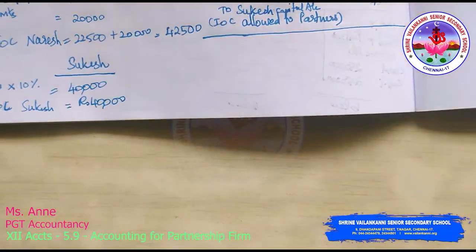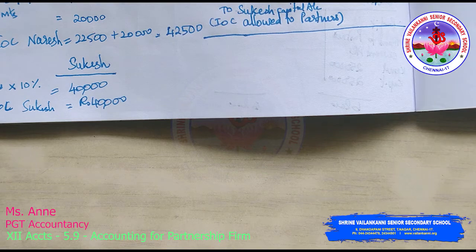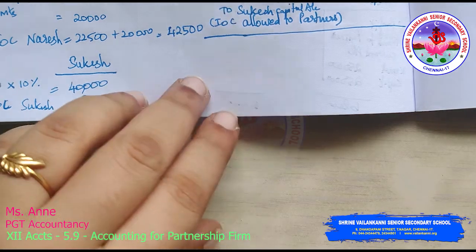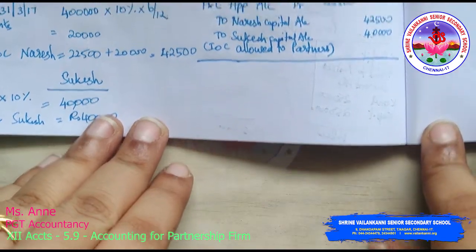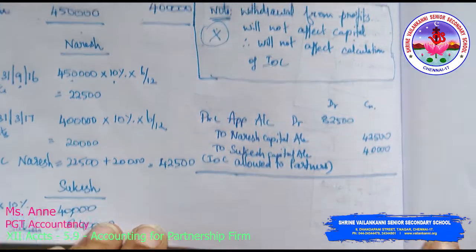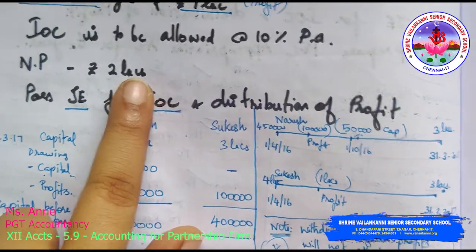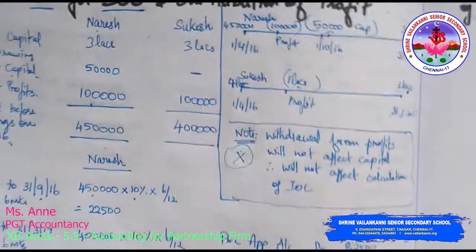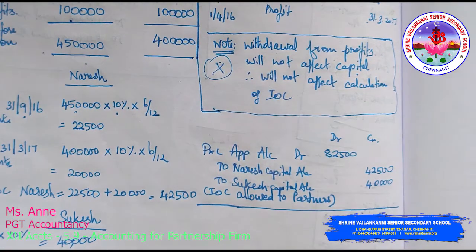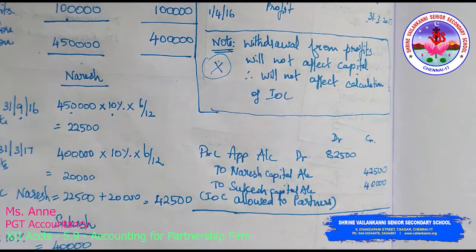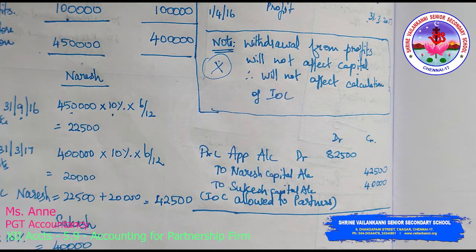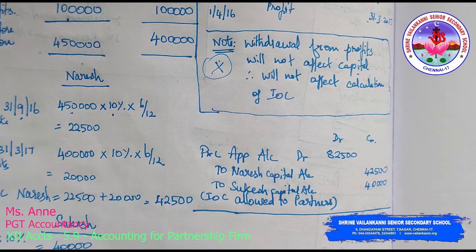So we have to transfer the profits also. How much is the profit? The profit was 2 lakhs, out of which 82,500 is an appropriation. Net profit is how much? 2 lakhs. From 2 lakhs, 82,500 we need to apportion. If you deduct it, how much will the value be? So 2 lakhs minus 82,500, we get 1,17,500. The profit sharing ratio is not mentioned, so divide it among the partners equally.